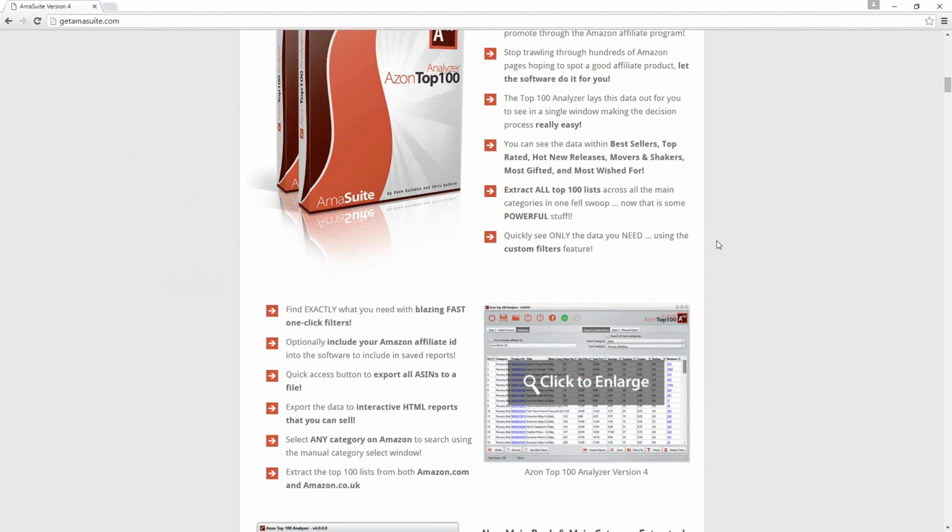The one recommendation that I would have, and this is probably going to go for all of the different software titles that are in the Amma Suite package, is simply to not depend on it completely. It can be great to help you mine a lot of data in a large amount of time.